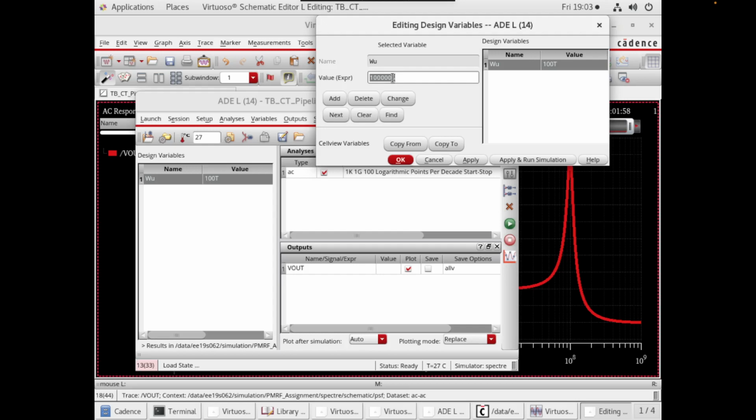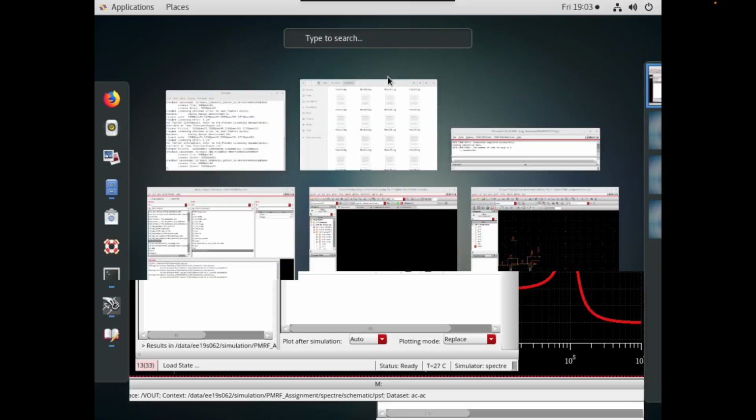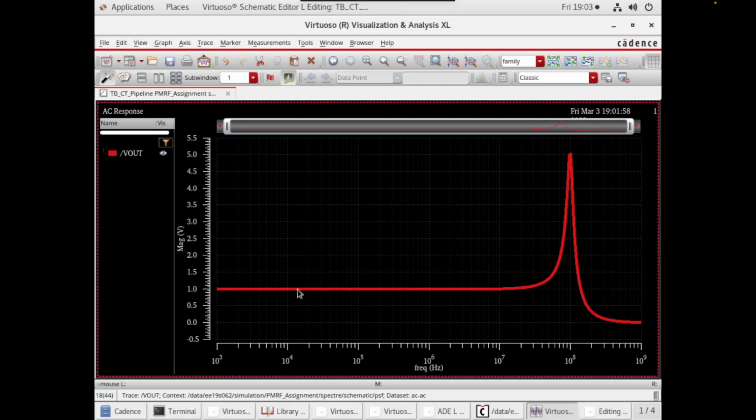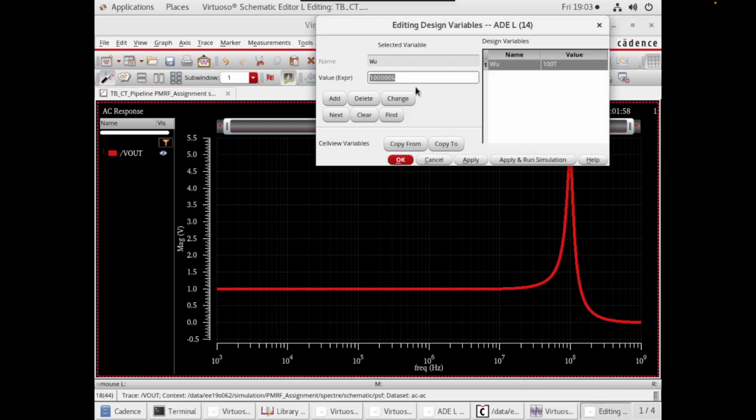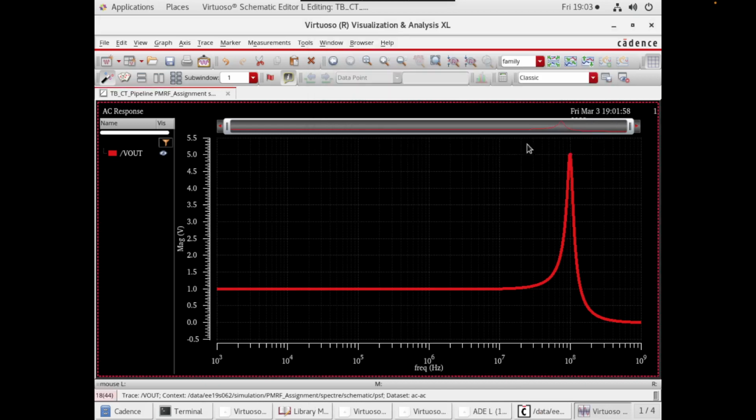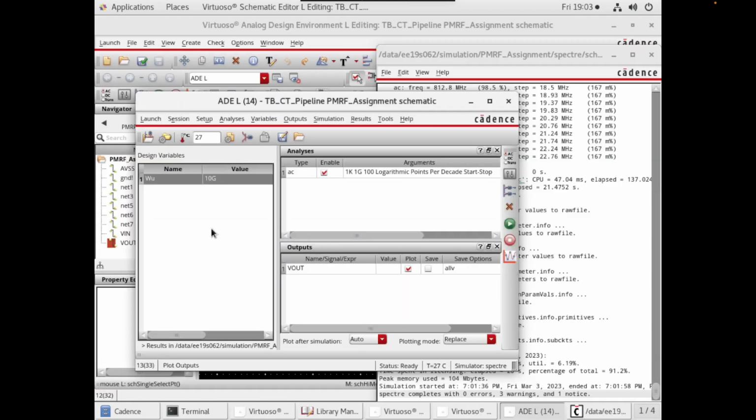So 2q times omega naught comes out as 1 gigahertz. So let's say we have 10 gigahertz as our